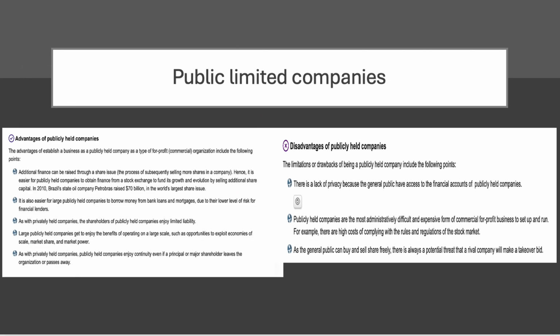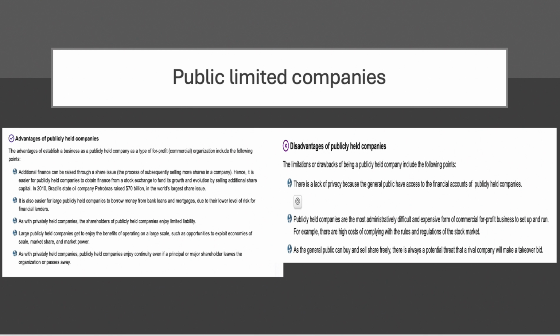The second type of limited companies are publicly held companies, where the only difference is that the shares of this company can actually be sold on the public stock exchange. This is done by having an initial public offering, or IPO, which essentially just means putting your shares onto the public stock exchange. The advantages of this are that it's really easy to raise finance because you can raise it through the sale of the stocks themselves, and also obviously it's easy to get bank loans due to your large size. You can benefit from economies of scale, you have limited liability once again, and you have a lot of